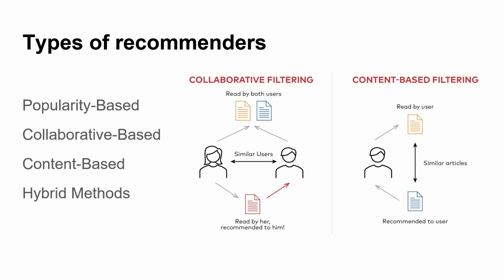Popularity based filtering recommends items based on their overall popularity or frequency of interactions across all users. Collaborative filtering, as you can see on the left graph, is based on user behavior and similar decisions by others. Content based filtering, on the right side, analyzes the metadata of items, such as genre, keywords, actors, or directors,